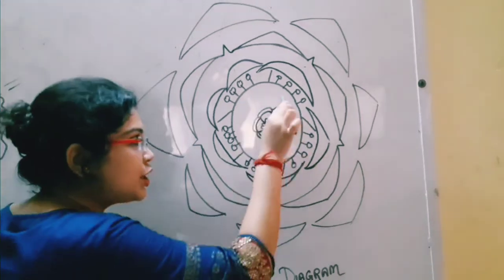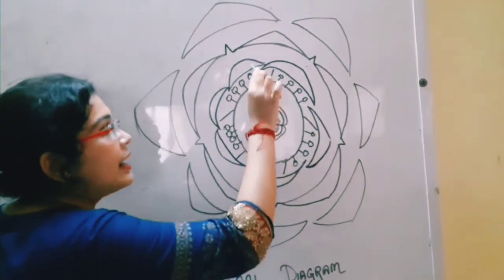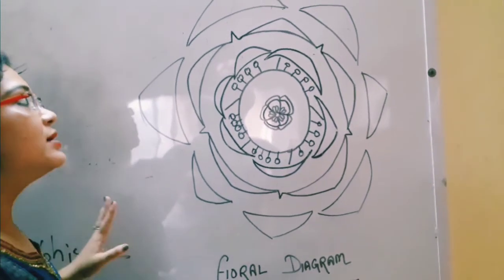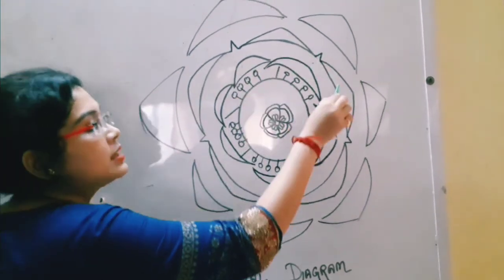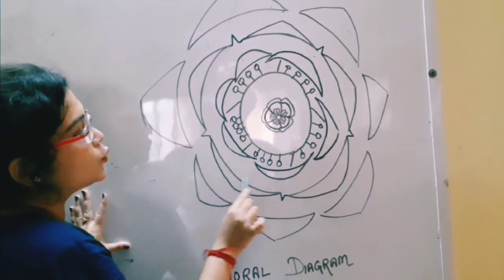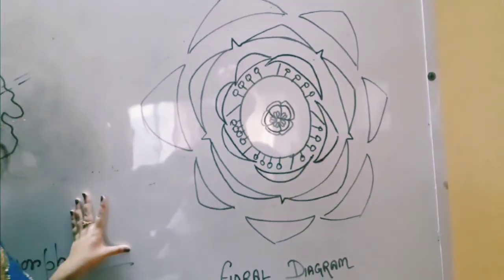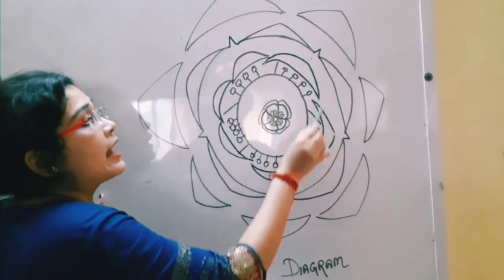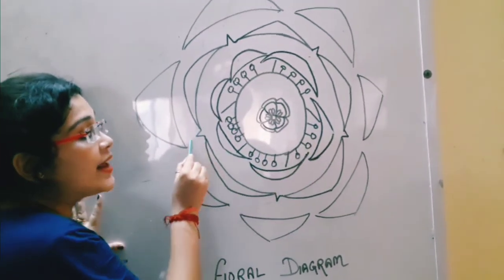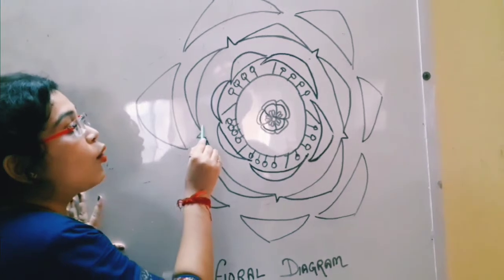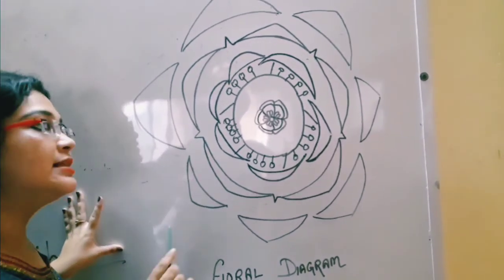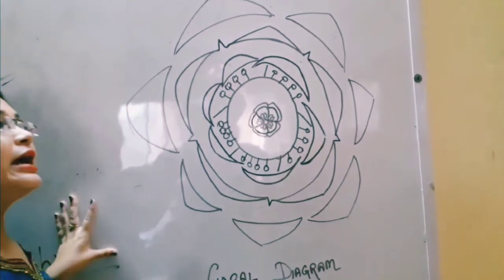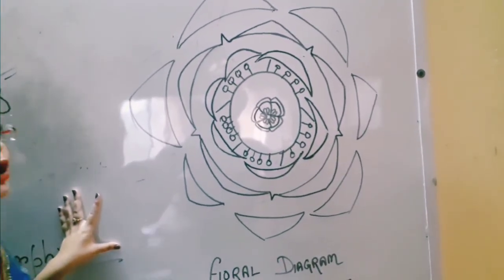So the gynoecium, the androecium and the corolla parts are completed. Now the last part, the sepals, the calyx. So 1, 2, 3, 4, 5, all five sepals are arranged and easily visible in the diagram. But look at the arrangement, they are not overlapping each other. They are in a close appearance but not overlapping. So they are one type of aestivation.